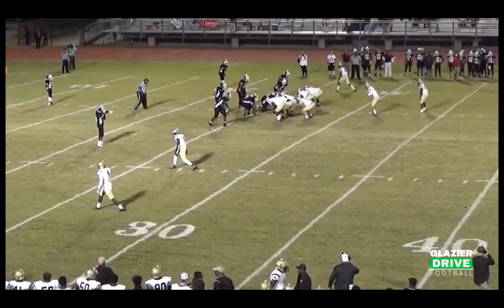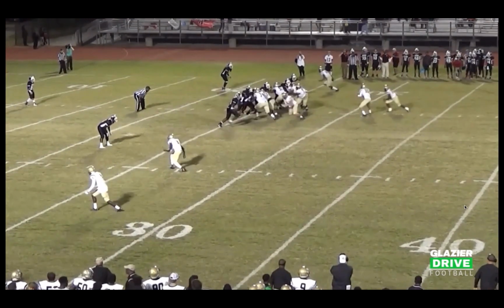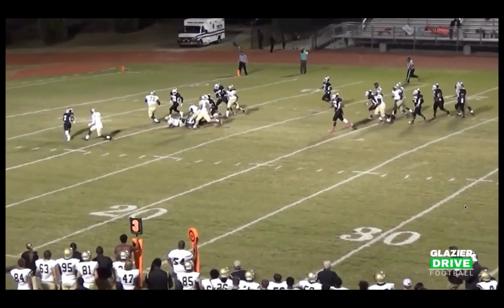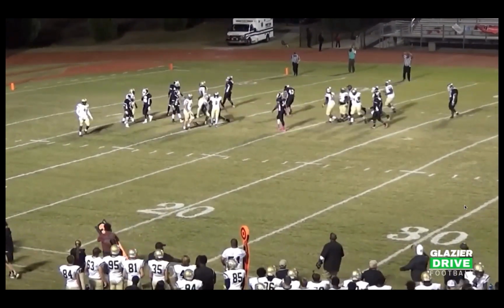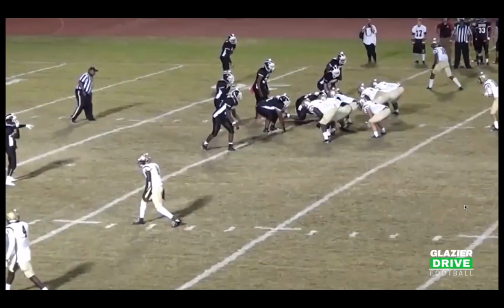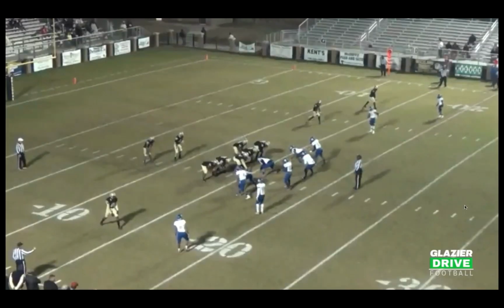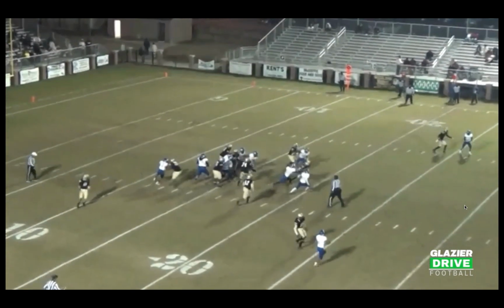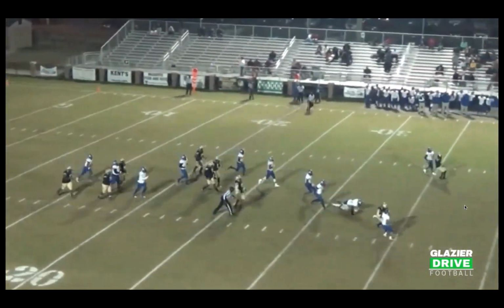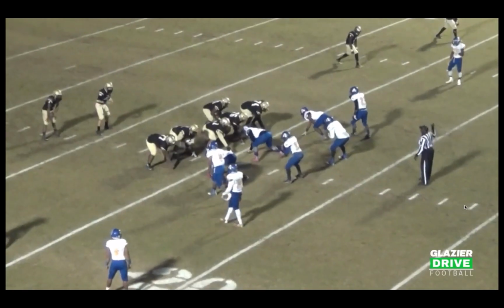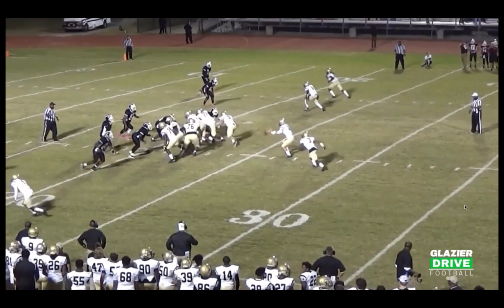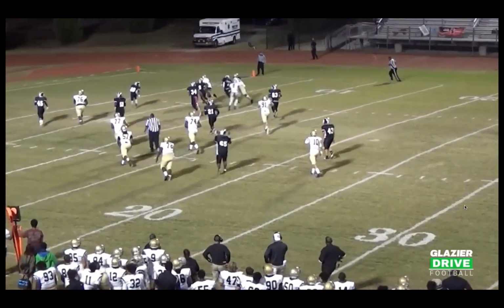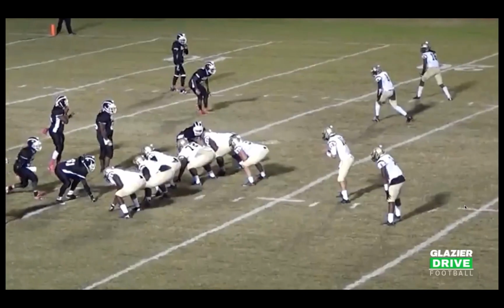So power is a great football play, a great downhill, physical run play. I really like power out of the shotgun. It's a traditional pro-style offense run, and we're just doing it from the shotgun. We've been really successful rushing the football the past 5 years running power. We really do a good job with it. Kids love it too.